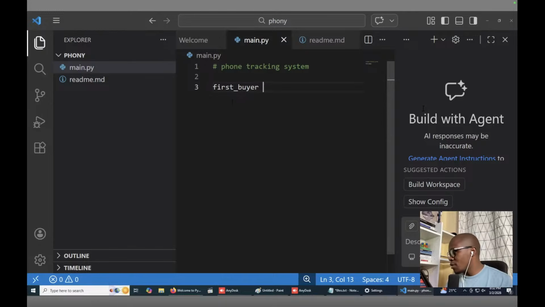Yes, when naming variables. We learned about variables in the previous class. So I'll say the first buyer's name is, let's say for example, Kuti. And then the second buyer's name